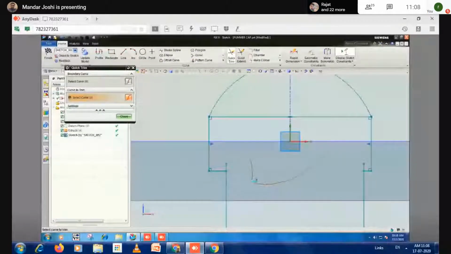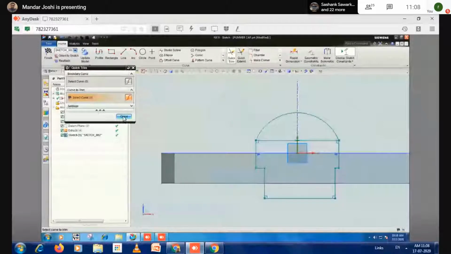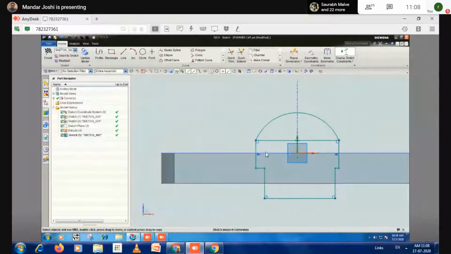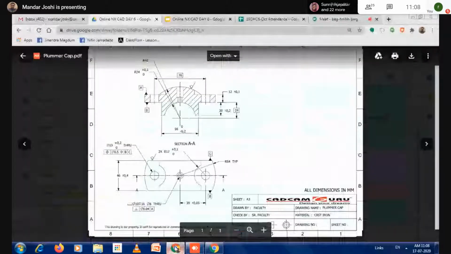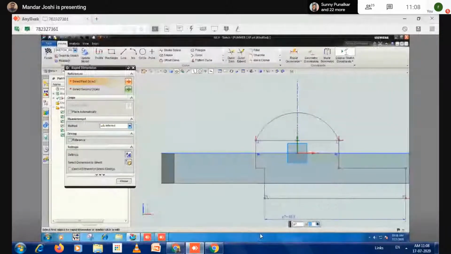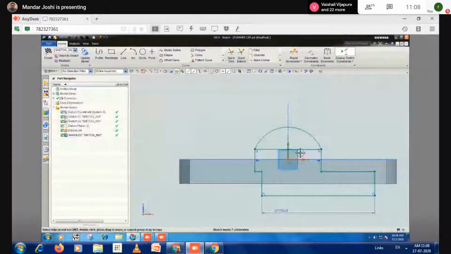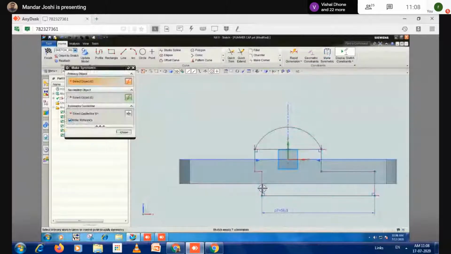Also don't need this. Okay. Then define that radius. First I define the length. This length is 54. It is how much? Yes, 56, not 54. That becomes symmetric to each other. So what will I do? Use the relation. Make symmetric. This vertical line and this vertical line are symmetric with respect to the center. Then close.